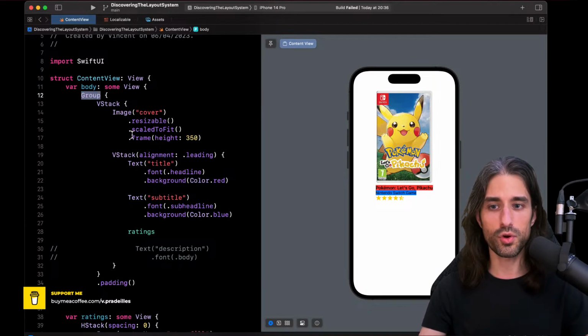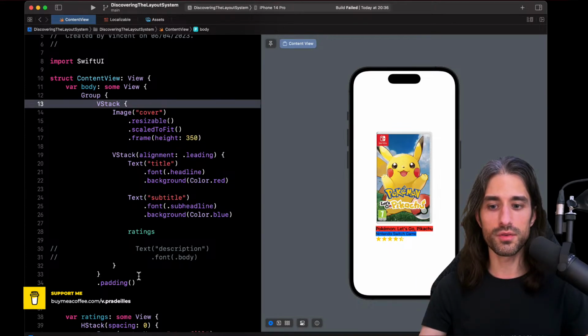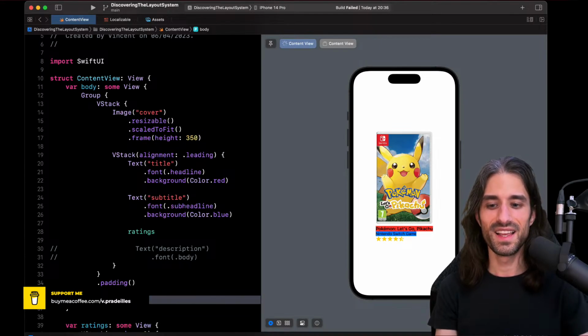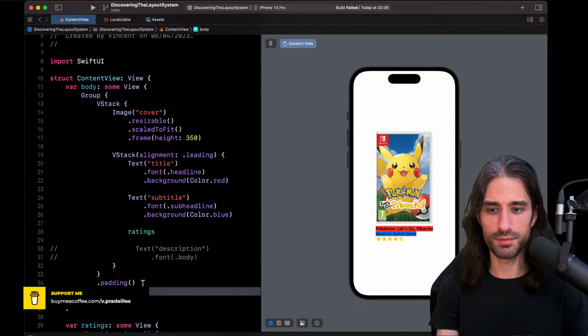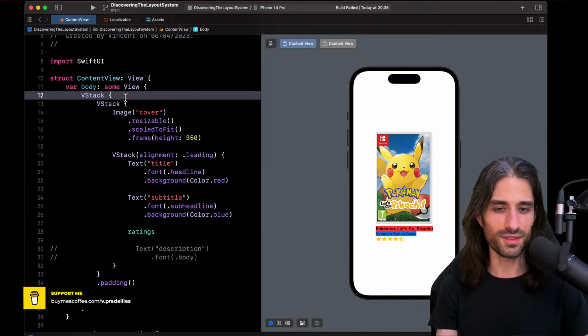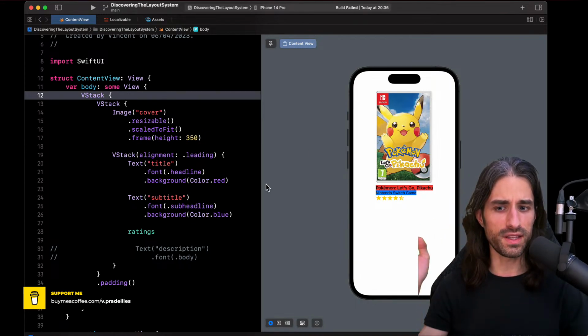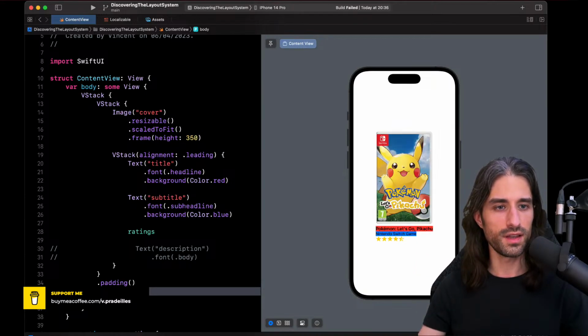By the way, if we didn't have a scroll view and we wanted to put the view at the top of the screen, we could have used a view called a spacer. So I need to put it inside the group. Okay, yes, I've put it there. Oh, it's because the group has really no logic, so I need to put it into a VStack, because the group has no grouping logic. It does nothing basically. You can see that with the spacer, the view now displays from the top, so I can remove it and then add it.